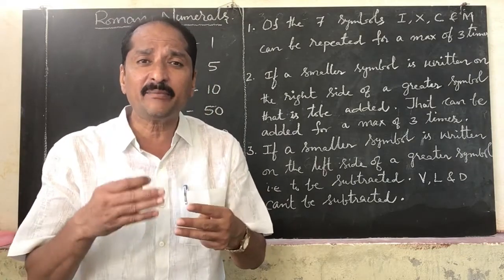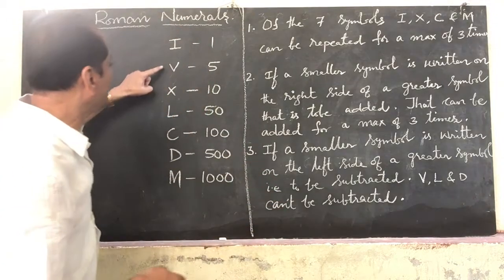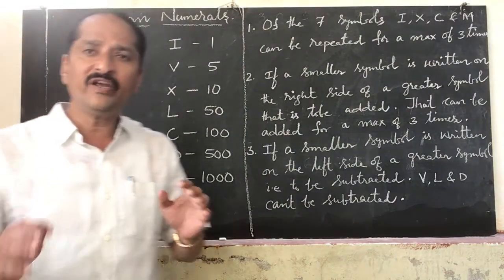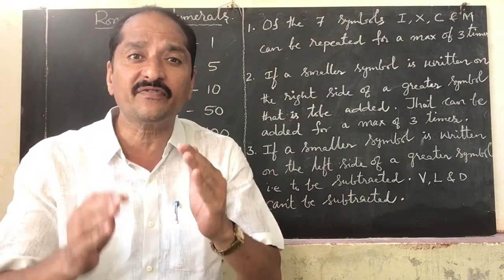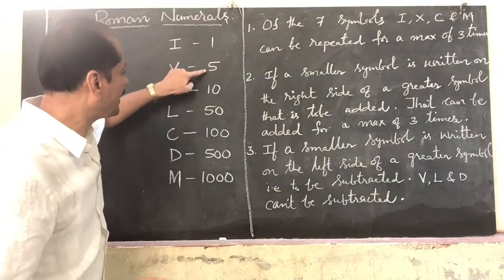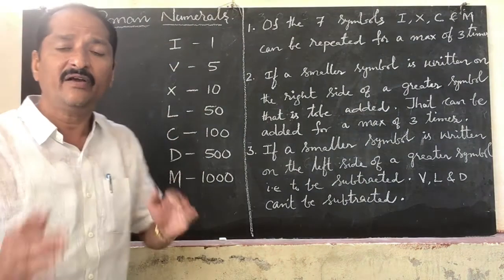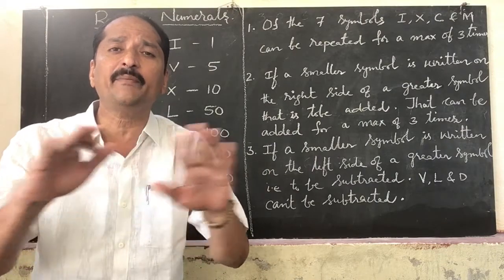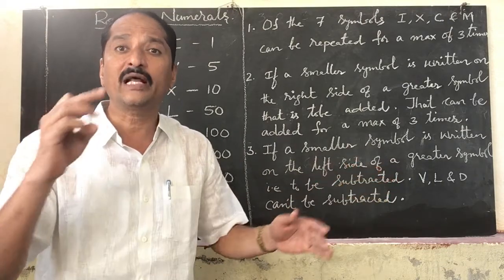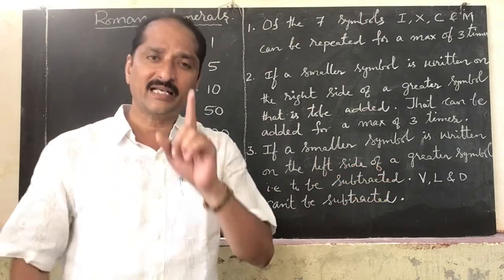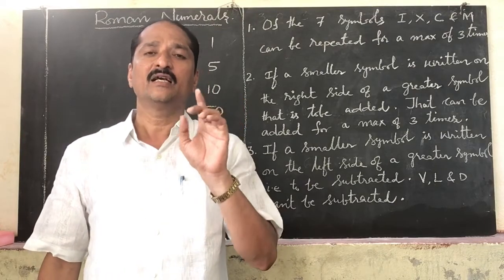What are the remaining numbers? The remaining numbers are V, L, D. These are starting with 5: 5, 50, 500. V, L, D cannot be repeated. They cannot be repeated even 2 times; they must be written only once. Okay, so